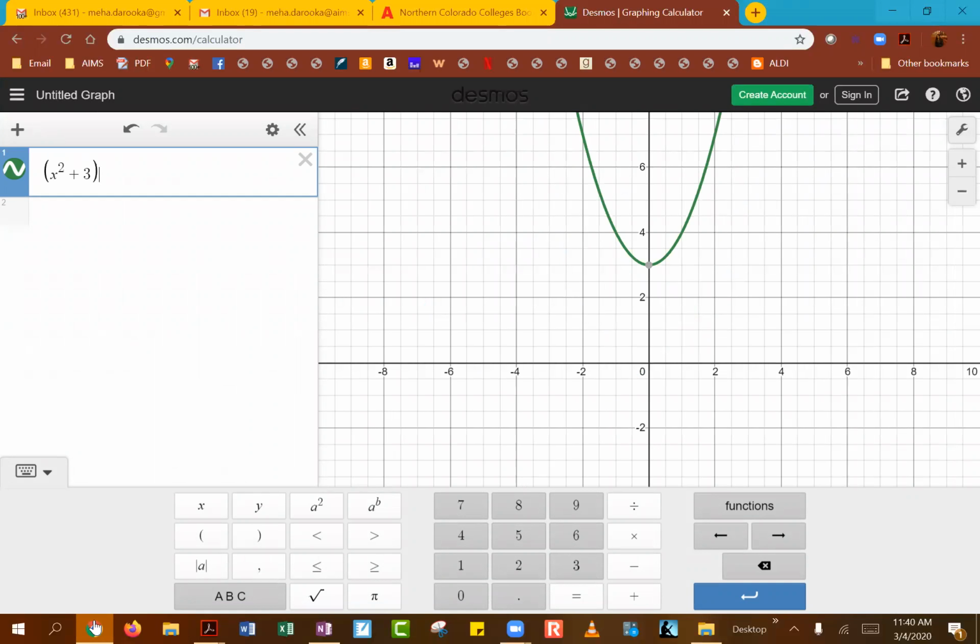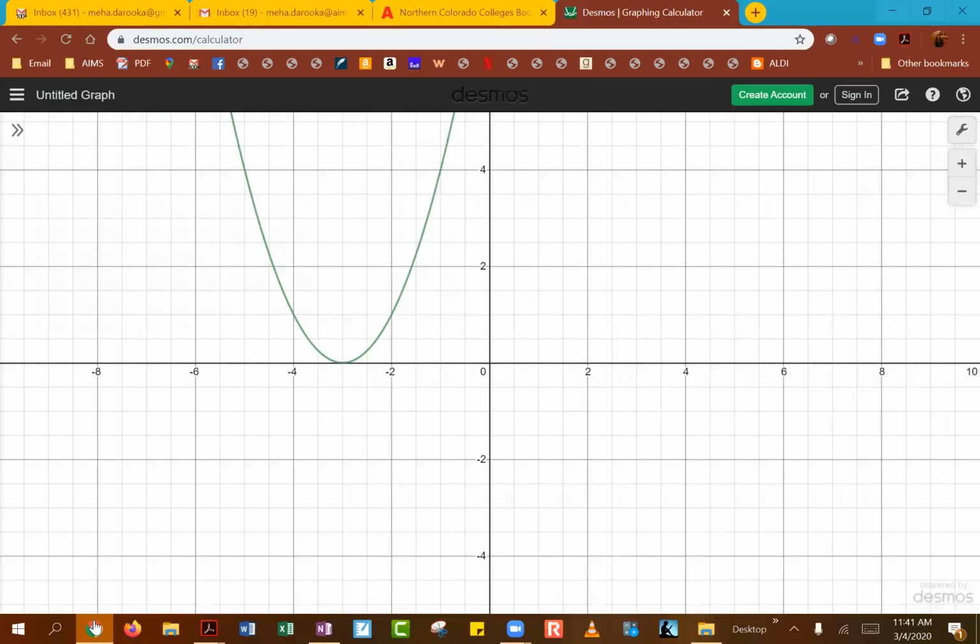No, I did that wrong. It's x plus 3 squared on the outside. There we go. So what are we seeing when we graph this function? What's that shape? Parabola. And you can see right here, instead of being at the y-axis, your axis of symmetry has actually moved